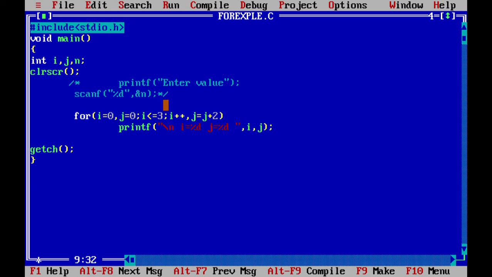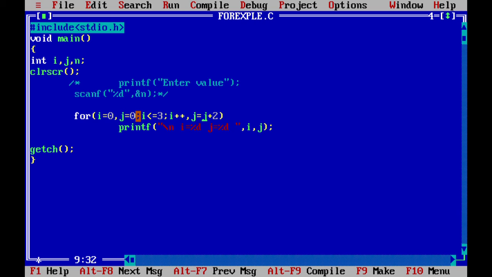Now suppose I initialize two variables, then it is not compulsory to increment both variables. Suppose there is some situation where I want to increment only i, then it is okay. It is not like that if you initialize two variables, then you have to increment both variables. And it is also not like that if I initialize i is equal to 0, then you have to set another variable also to 0. I can say that j is equal to 1 also.